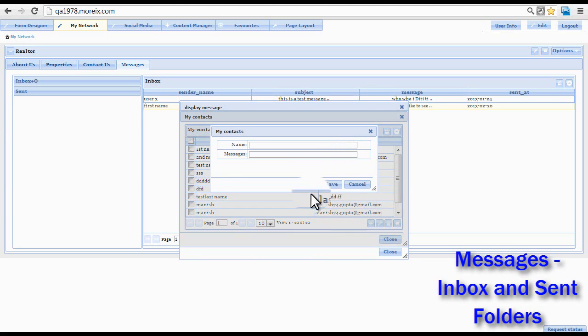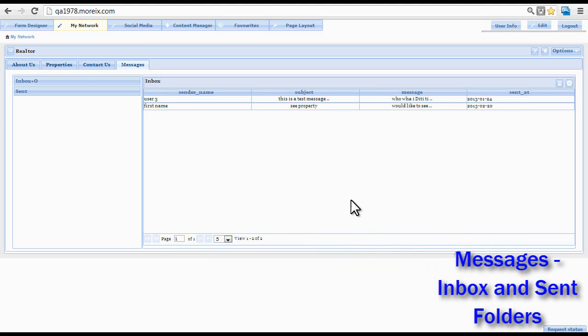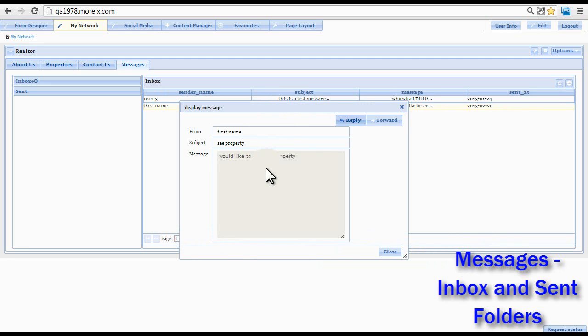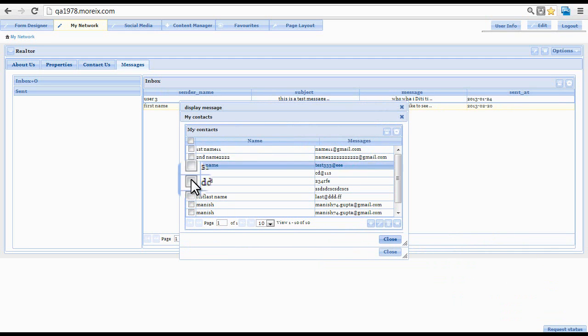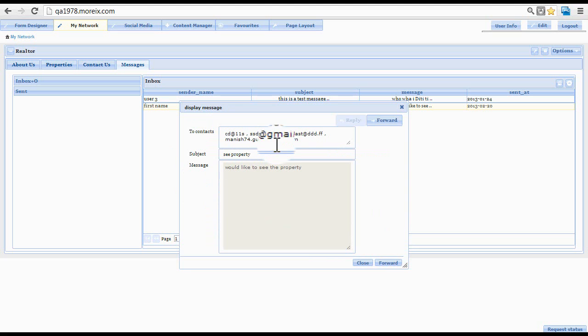If you want to forward the mails to an existing list, we click on the forward button and a list of email IDs can be updated by adding new records, editing old ones or deleting existing ones. The selected IDs can get added to the two lists, and at this point we can also make any changes if we want to, and then we can just click on the send button. It will be sent to the email IDs that we have selected.